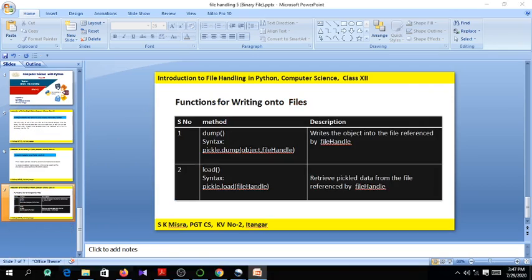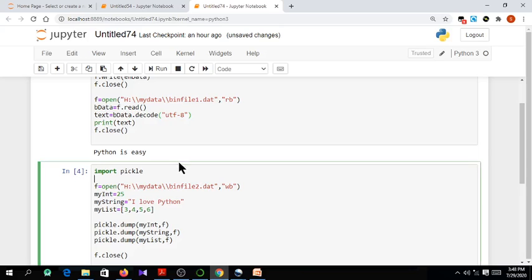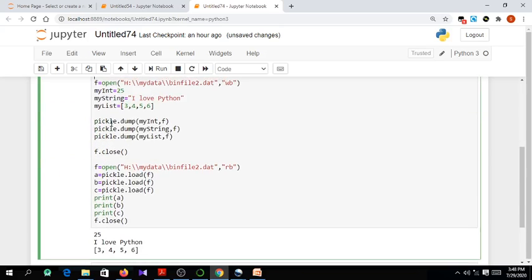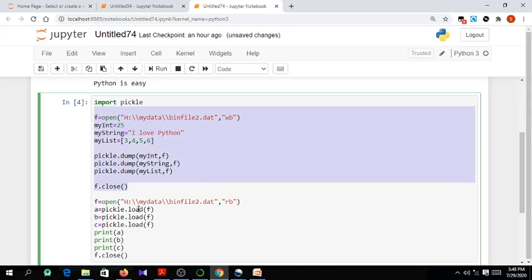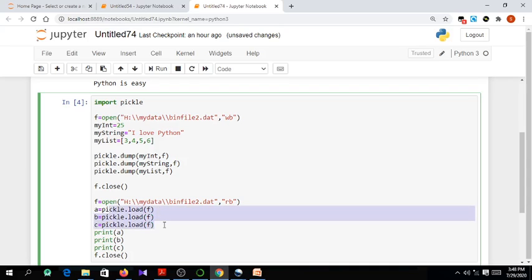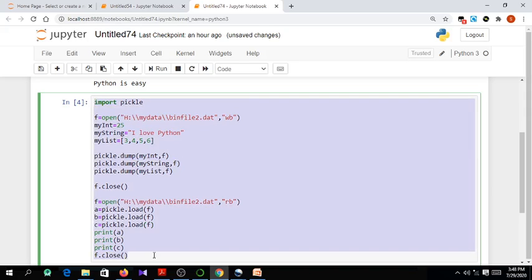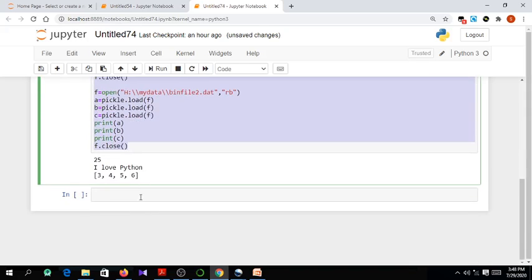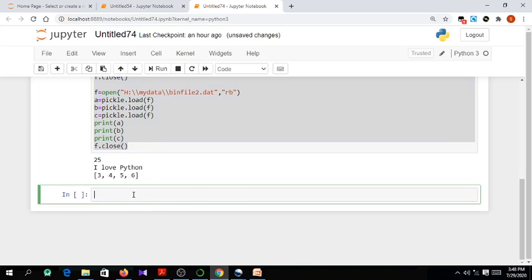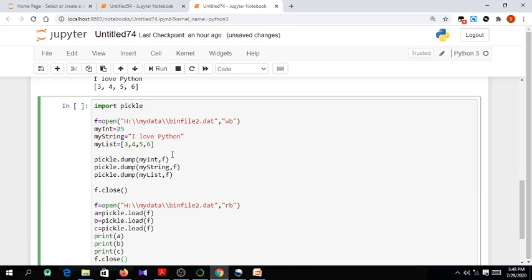Okay, some problem is there. What we can do is, now see here I read this file manually because there are three objects. I used the load function 3 times. So what more can we do? We can iterate through this binary file. We'll write a program that will iterate through the binary file while loading the data.